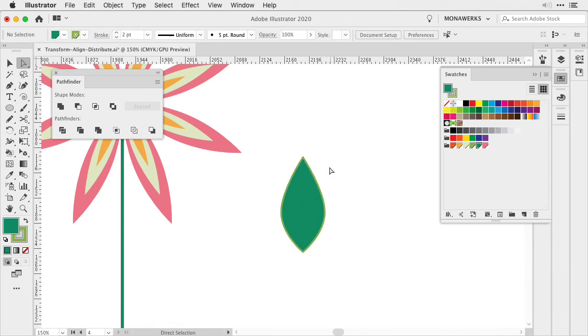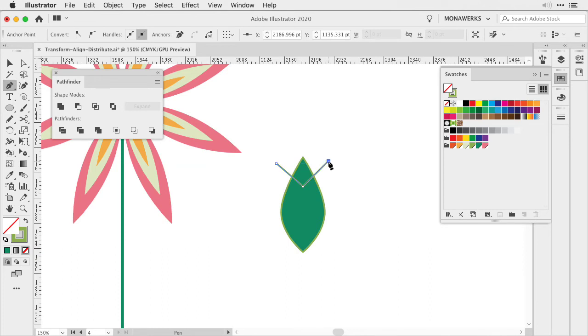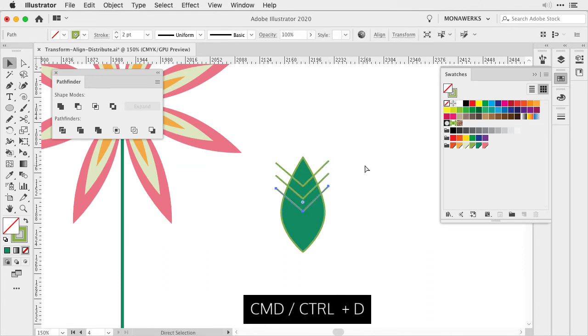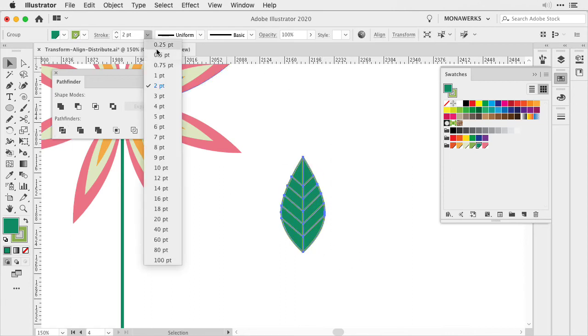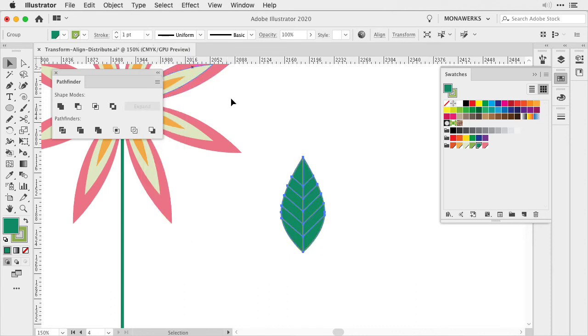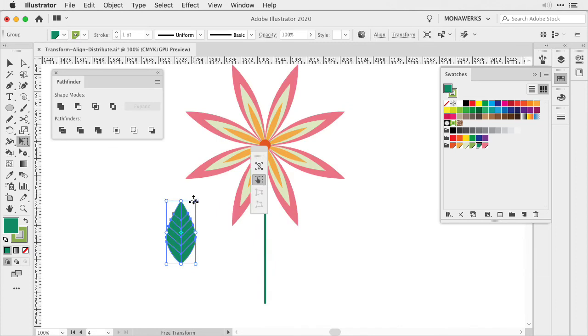This will lock it into position. Next, we're going to use the Pathfinder tool again. We're going to turn off the fill, choose the pen tool, and then create lines. I'm going to duplicate them with the shortcut, create one line from the top to the bottom, and then select everything and choose Pathfinder Divide. Now I've created my first leaf. If I find my strokes too thick, just reduce it to maybe 1 point, and then we can move it